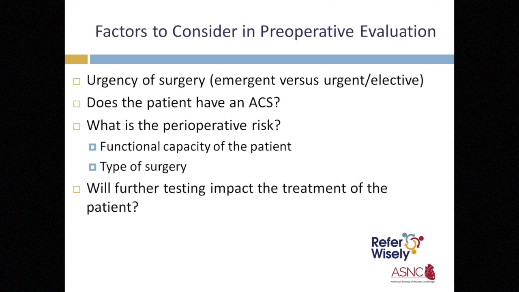There are several important factors to consider in the preoperative evaluation of the patient. The first factor to consider is whether or not the surgery is emergent versus urgent or elective. The second factor to consider is whether or not a patient being considered for surgery is having an acute coronary syndrome. In this situation, the risk and benefit of both the surgical procedure and the concurrent acute coronary syndrome must be carefully considered. Third, the perioperative risk must be assessed based both on the functional capacity of the patient and the type of surgery. Finally, it is important to consider whether or not further testing will impact the overall treatment